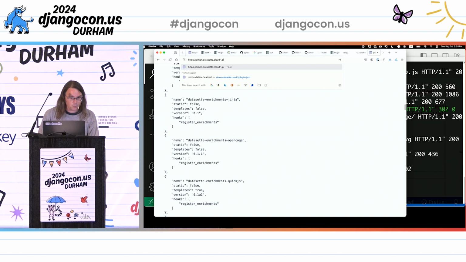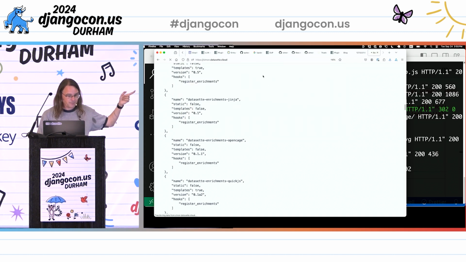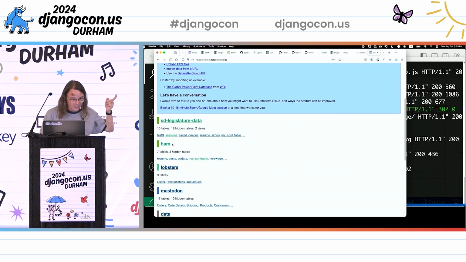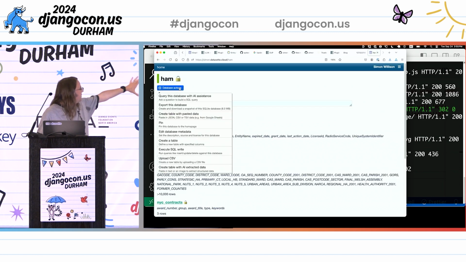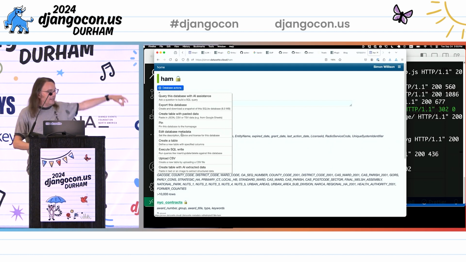Like with Datasette, one of the plugin hooks that I have is something called database actions. So plugins can basically add themselves to this menu and say, I can do a thing to a database. I can query it with AI Assistant. I can do export. I can edit the database metadata. Each of these menu options comes from a plugin, and they all sort of fit together in that list,